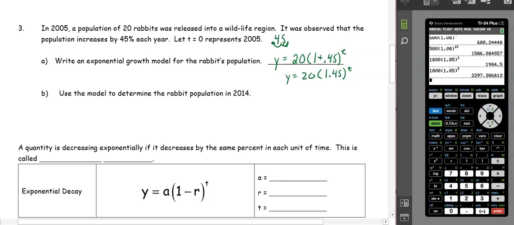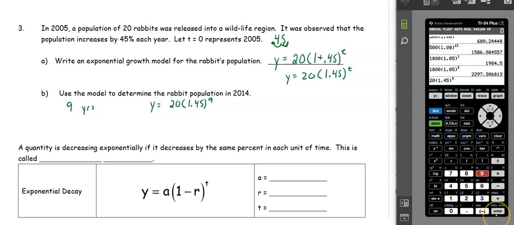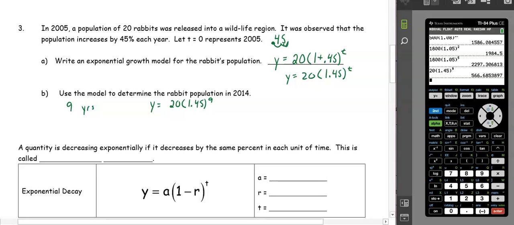So we want to figure out how many rabbits there are in 2014. From 2005 to 2014, that was 9 years. So we have y equals 20 times 1.45 to the 9th power. Now, because we're talking about rabbits, we want to round to a whole number, and we cannot round up in this case. We're not going to follow normal rounding rules because it's rabbits, so we're not going to have a partial rabbit walking around, and we can't round up, so this would get us